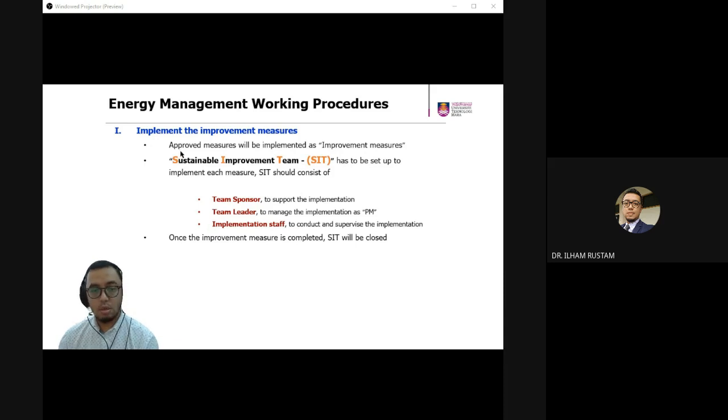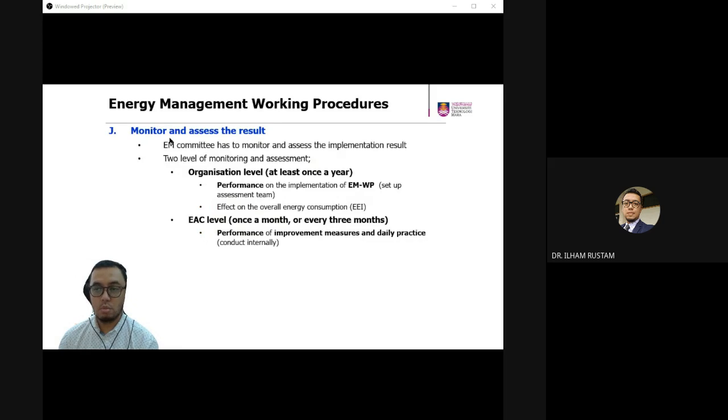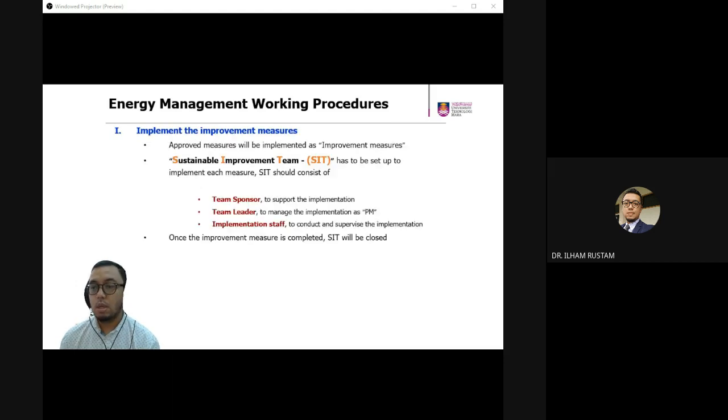Implement all the measures that you have planned, and then make sure to monitor and assess whether the action plan that you have proposed actually does impact the overall energy consumption. So for implementing the improvement measures, you have to set up the SIT team to implement, of course, because each